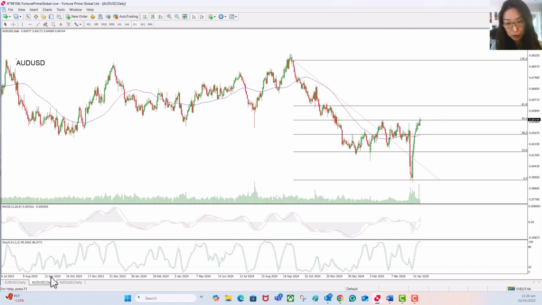The next one is the Australian dollar against the US dollar. The Australian dollar is a typical commodity currency. Hence, we can tell this pair is not as strong as the euro, as the euro is considered a haven currency. At this moment, the Australian dollar is trying to break above the 50% Fibonacci retracement. The price is around 0.64. I would expect it could pull back and test the 50-day moving average, which is also around this imminent support area, the Fibonacci retracement 38.2%.